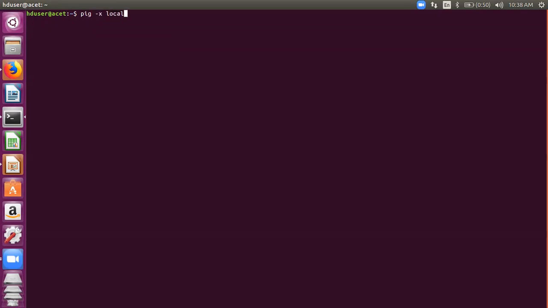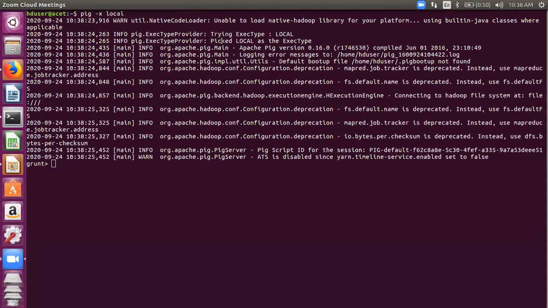Remember, it is started like this. So write pig -x local, and read the execution of this command very carefully. Once it is executed, see what it is trying to do. It tries the local mode, because you have mentioned local, so it will go with local. Otherwise, if you just write pig, it will try all the modes, and then it will pick up the default mode of MapReduce. Okay, fine. So we are in pig in the grunt shell.